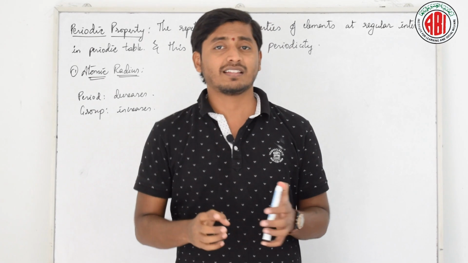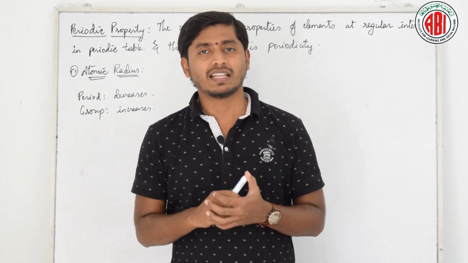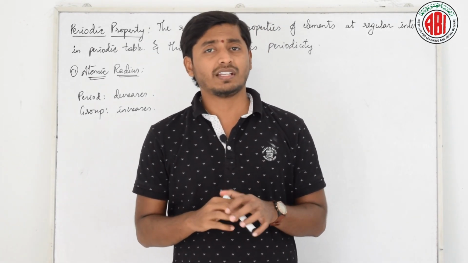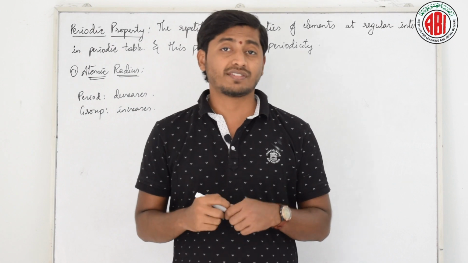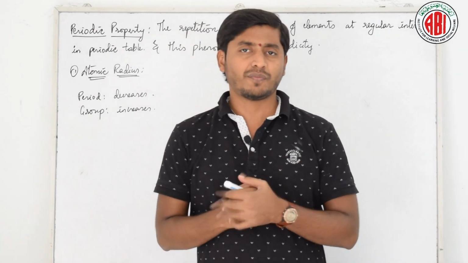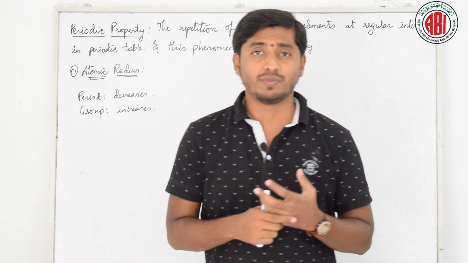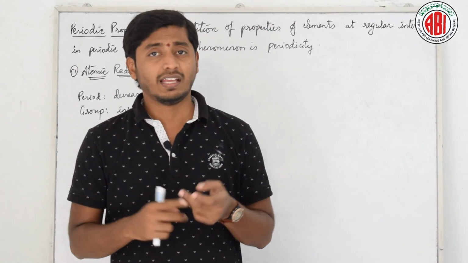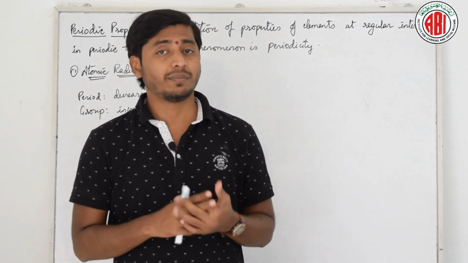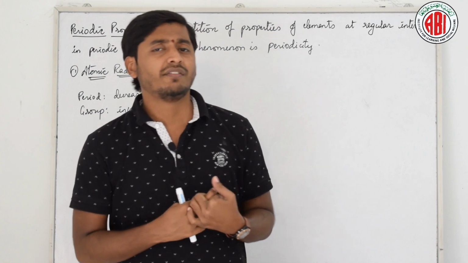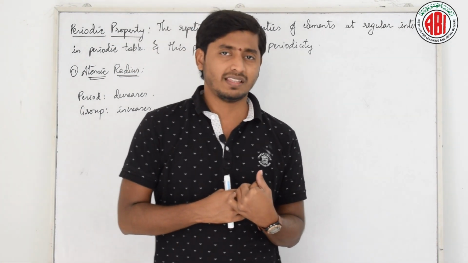We have started our discussion of classification of elements and the periodicity in the periodic table. In this chapter, we started with the different forms of periodic table. We discussed Döbereiner's law of triads, Moseley's periodic table and the Mendeleev periodic table. We have discussed a few properties in that also.